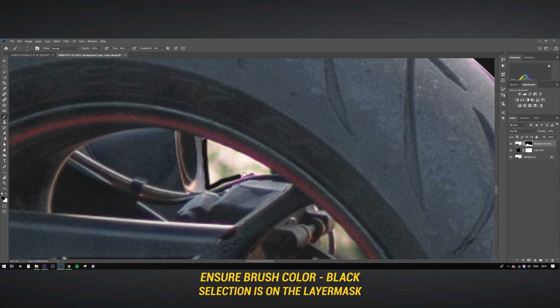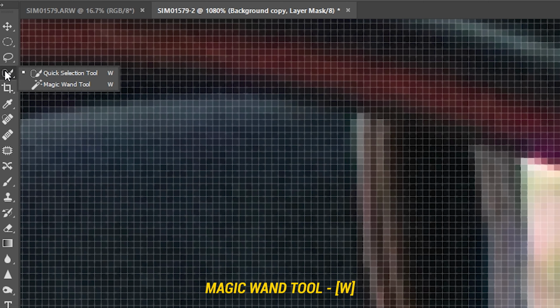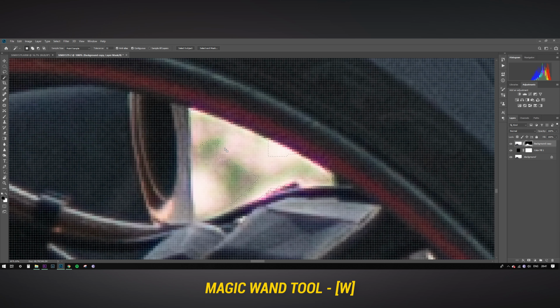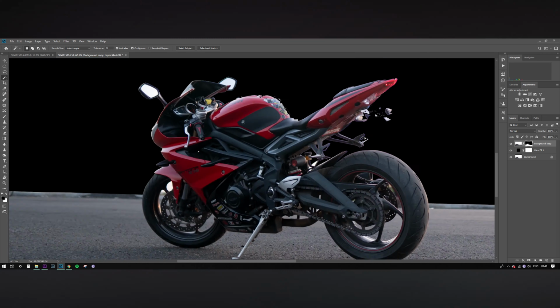The background trapped in between the wheel spoke and the foot peg assembly, those can be removed using the magic wand tool if required. The magic wand tool helps you to select pixels of the same color within a proper boundary. So we combine the brush and the magic wand tool to remove the unwanted backgrounds in a faster manner. You can also use the standard pen tool for making selections and deleting pixels. Comes in handy as well.